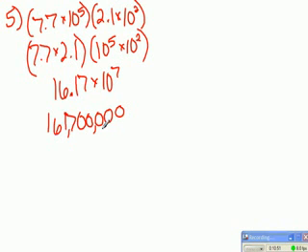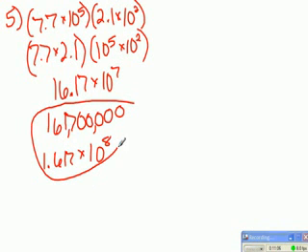Scientific, I would want to move it 1, 2, 3, 4, 5, 6, 7, 8. That would put it between 1 and 10. So I moved it 8 places, so 10 to the 8th. And it should be 1.617. So again, those are my two answers. Number 7